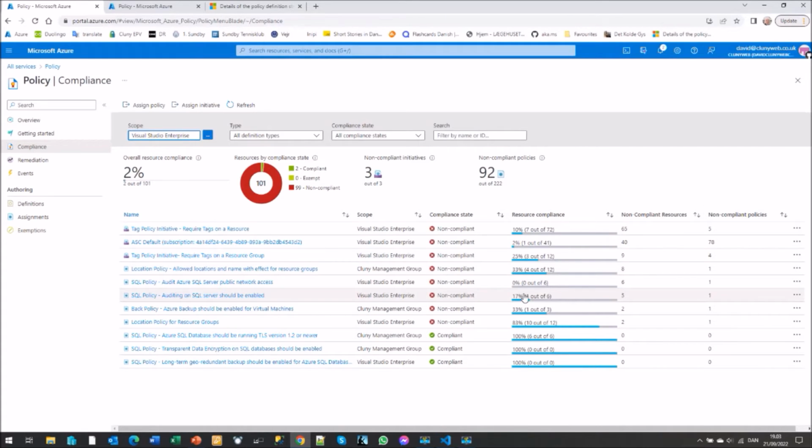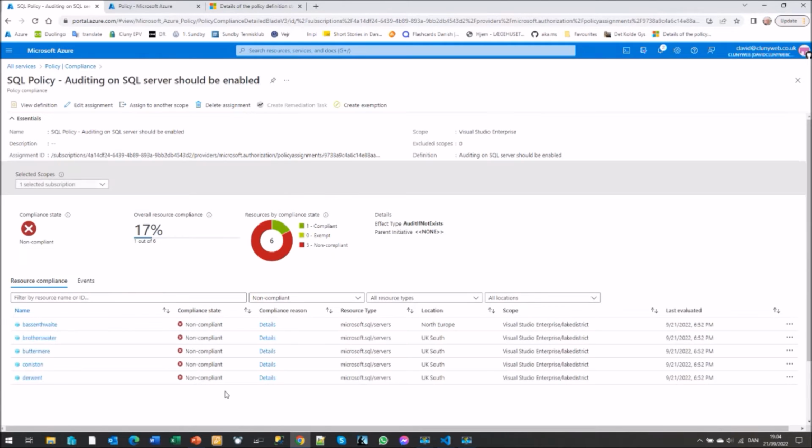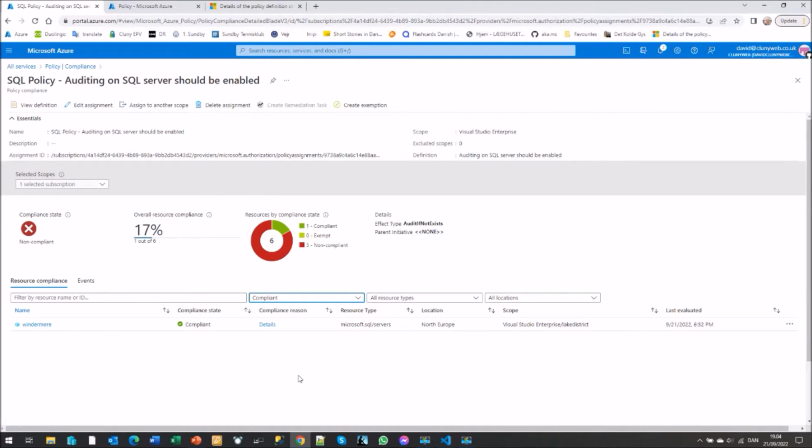We can also drill down into one of our policies. If we take this one, auditing on SQL Server should be enabled, we can click on this, and it will show us which SQL servers are not compliant, and we can also click on the compliant list and see the one which is compliant. So this gives us the ability to quickly see what in each policy is compliant or